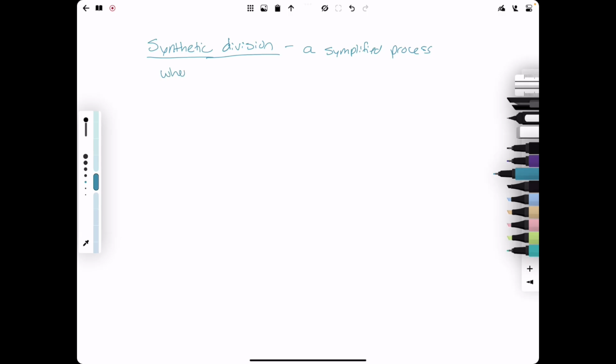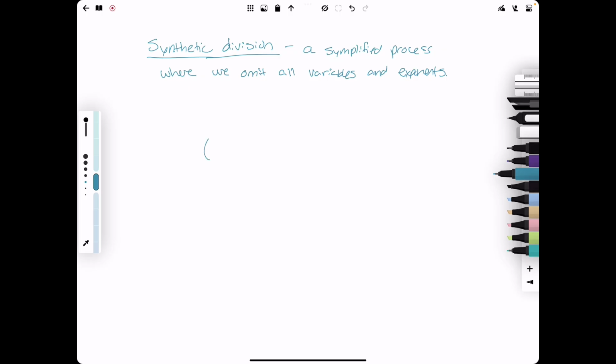Where we omit all variables and exponents. What are you left with? Numbers. First though, they give a rule here, and I want you to understand why first, because I don't like just